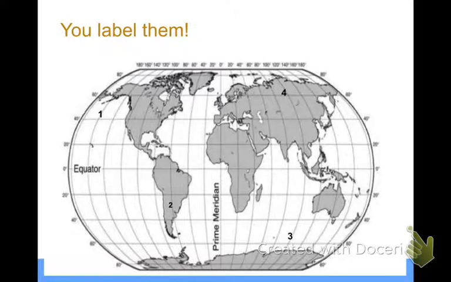Okay, now I'm going to write some air masses up here. They're already written up here, but I'm going to make it easier for you to see. And as I do this, by yourself, without talking, anywhere on your paper, I want you to label what they are to make sure that we all understand how to name them. So here is the first one. Here's the second one, third one, and fourth one. So again, by yourself, without talking, I want you to label these air masses, and you're just using the initials. So the C's, P's, T's, and M's. So I'll let you pause this video while you do that.